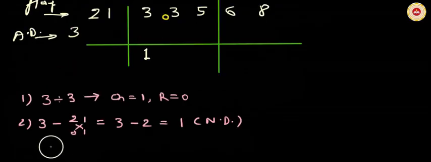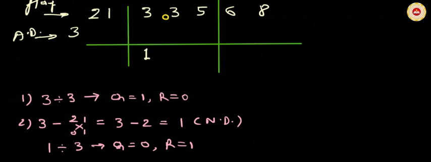Now divide net dividend 1 by actual divisor 3. We get quotient obviously 0 and remainder 1. So write quotient 0 below gross dividend 3 and write remainder 1 as a prefix to the next digit in the dividend, which is 5. Now read these 2 digits 1 and 5 as 15, and this is our gross dividend. So friends, please write these 2 steps. I'm going to clean it.